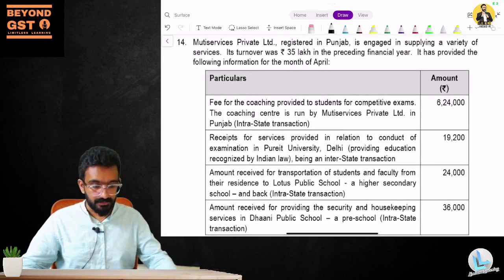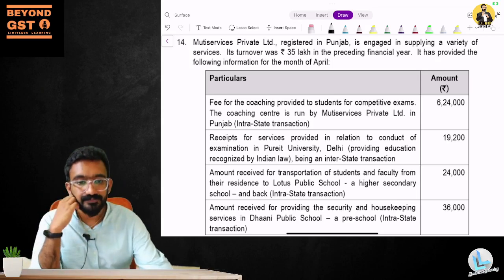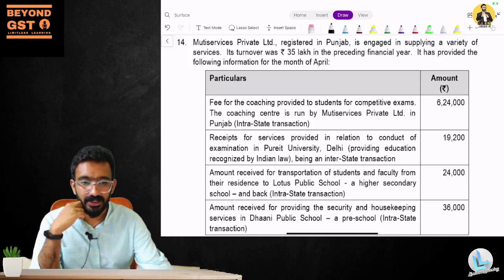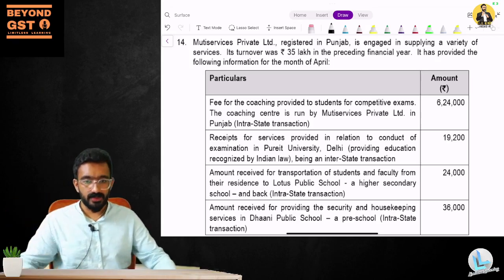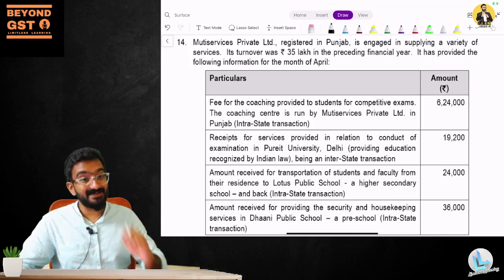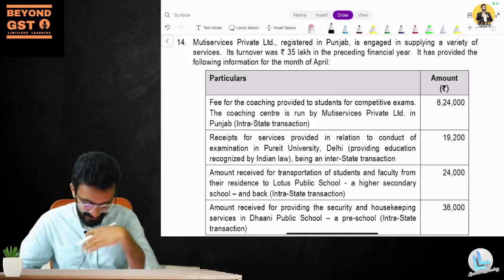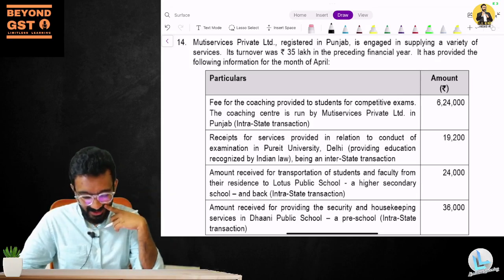Now let's look at the other question. Question number 14. We'll have to be quick in understanding. This is an easier question, an exemption based question. So we will try to understand this. Multi-Services Private Limited, they themselves start with the name multi-services. Okay, Multi-Services Private Limited